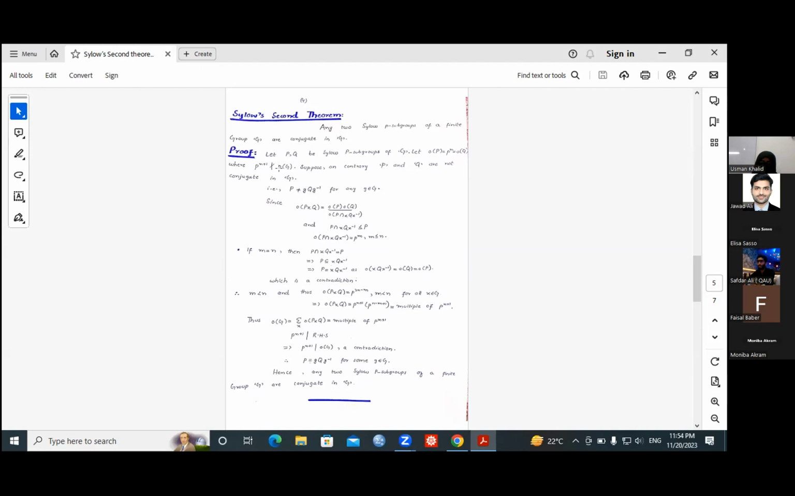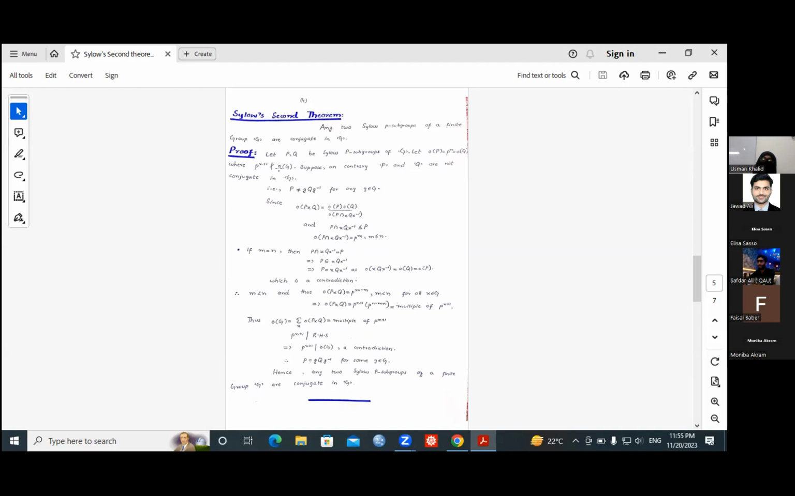And simplifying this, we find that the order of PXQ is actually a multiple of P raised to power N plus 1. We know that PXQ is actually an equivalence class. So if the order of PXQ is a multiple of P raised to power N plus 1, so is the order of the group. That is, the order of the group will also be a multiple of P raised to power N plus 1. But we have supposed that the order of the group